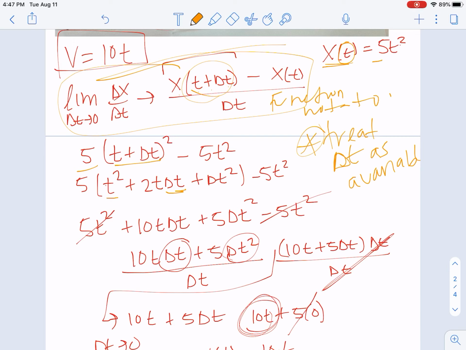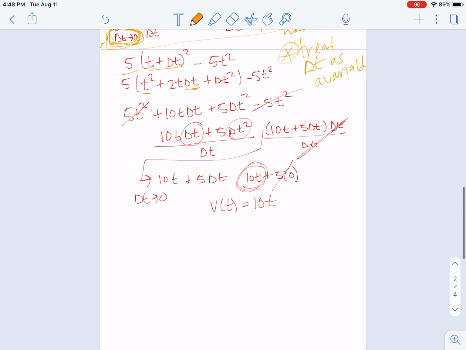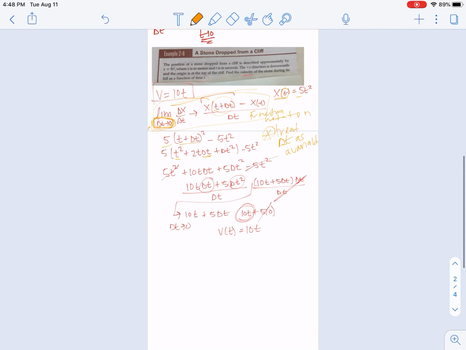And once again, the reason why we're doing this is because we noticed that as delta t got closer to 0, that's how we were finding that tangent line. And so we took that graphical definition and now we put it into something algebraic. Okay. You know what? I'm going to end there. I think that's a pretty good definition, and I did want to show you guys how to do this calculus-wise,